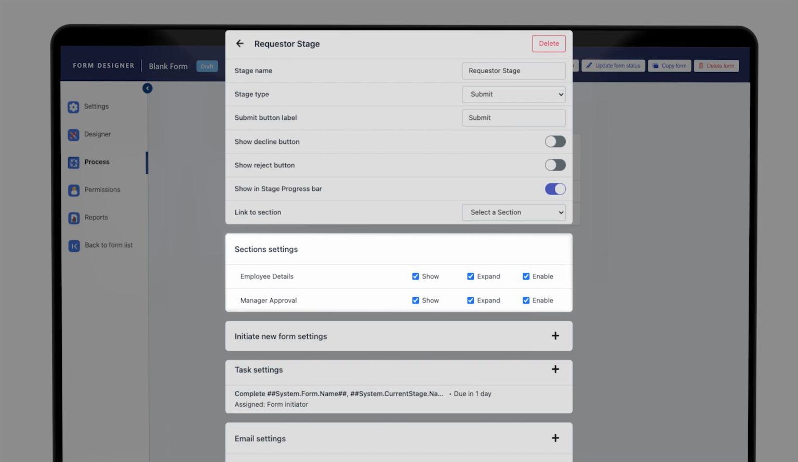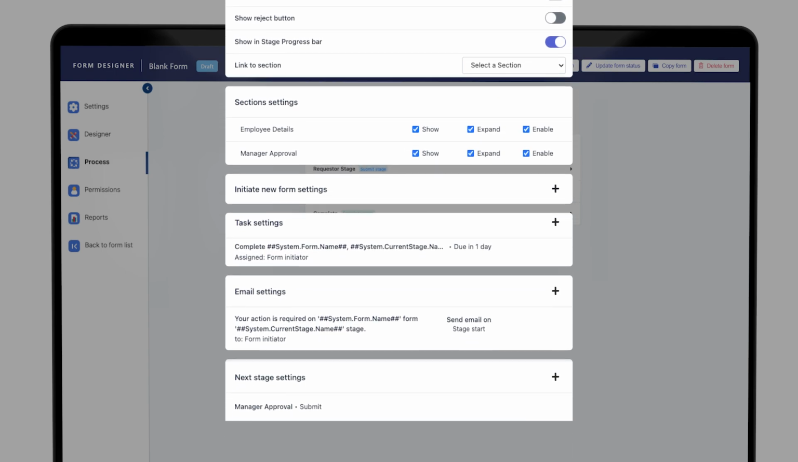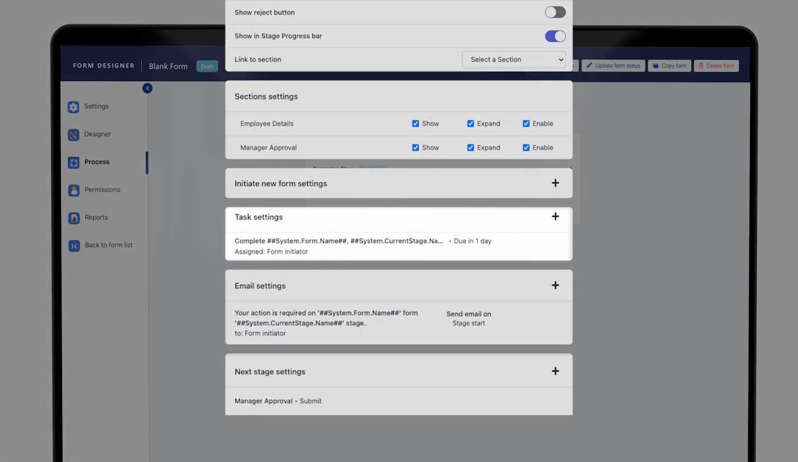Show means the section will be visible. Expand means the section will be expanded and all controls within it will be visible. And enable means the section can be edited by the user assigned to this stage. Initiate new form settings will allow you to create a new form at the start or completion of this stage. Task settings is an important option and will allow you to define who will be the assignee of this stage via a task. Think of a task like a request to a user to interact with a specific section of a form. When someone is assigned a task, a card will appear on their dashboard and in the My Tasks